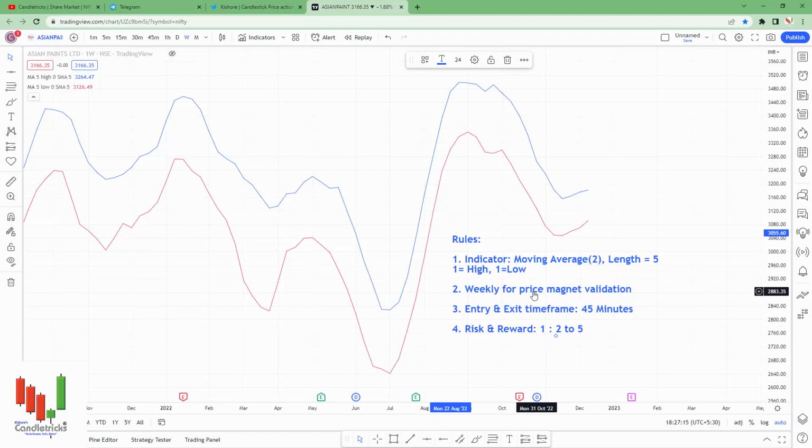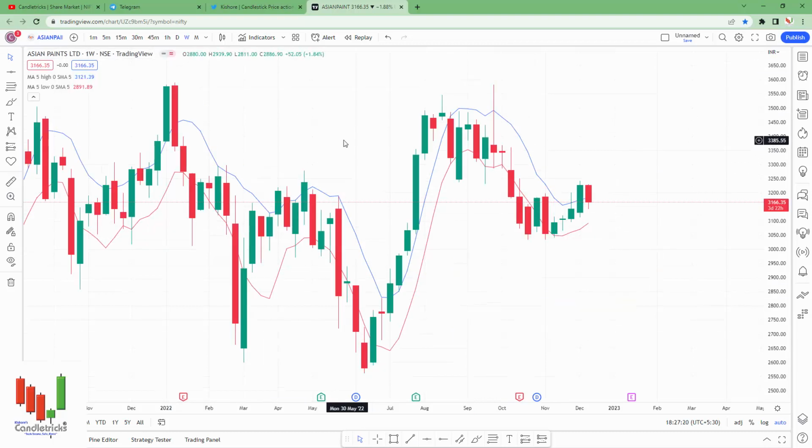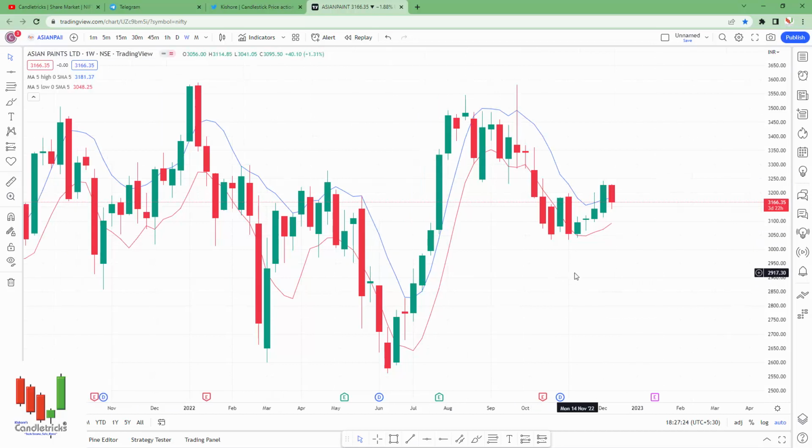Now let me delete these rules. Now this is the weekly time frame chart of Asian Paints. So in this chart, what we need to validate in the weekly time frame is very simple. When a candle closes outside the highest band, the upside band, the lower side band, two bands are there, right? Two average lines are there. So when the candle is closing abnormally outside the upside band, then we need to select the stock for next